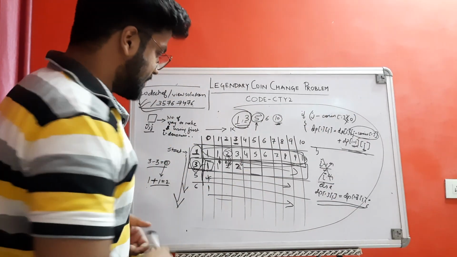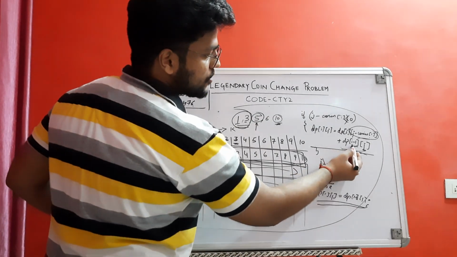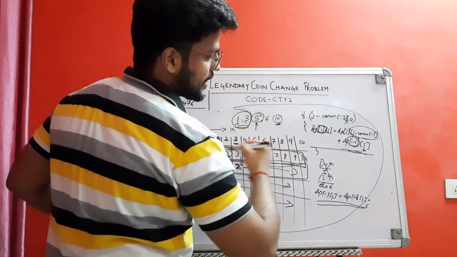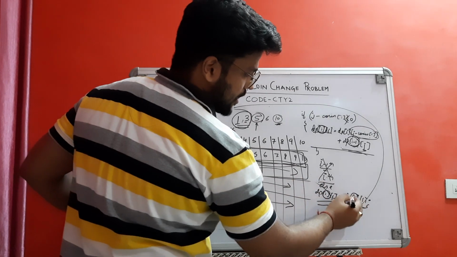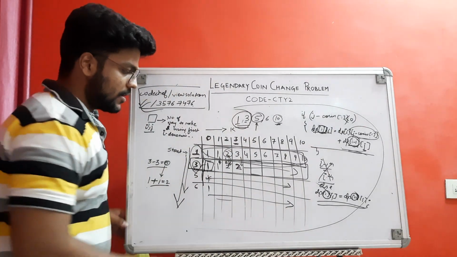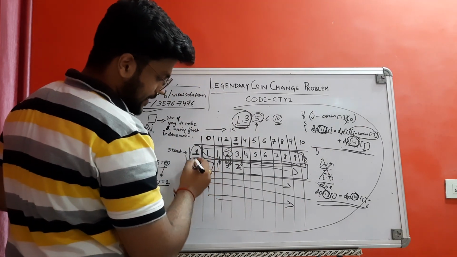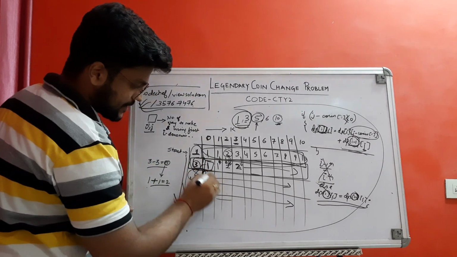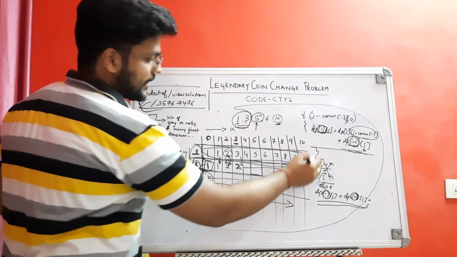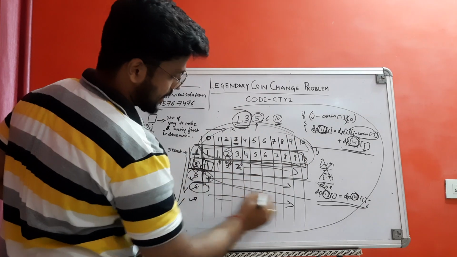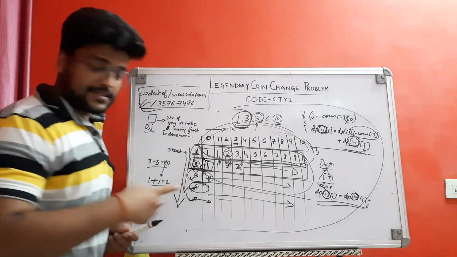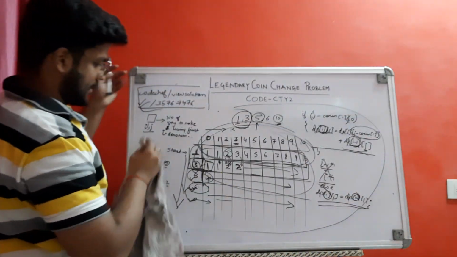Now if you see what I'm using, for filling the ith array I'm using the (i minus 1)th array. I just need this array to fill this array. So why am I maintaining this whole part again and again? I just need a previously filled array to save this. This leads to me saving my time complexity.